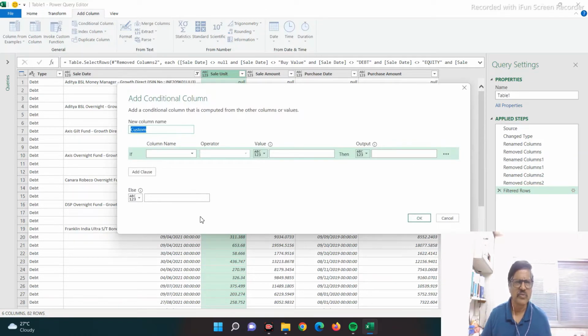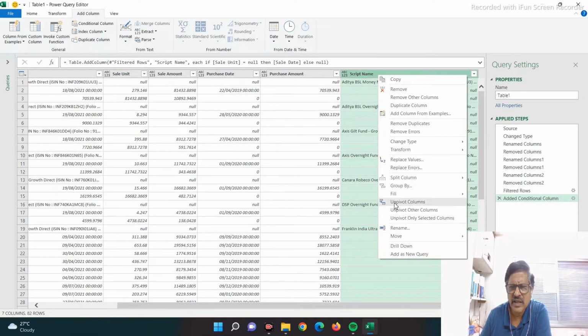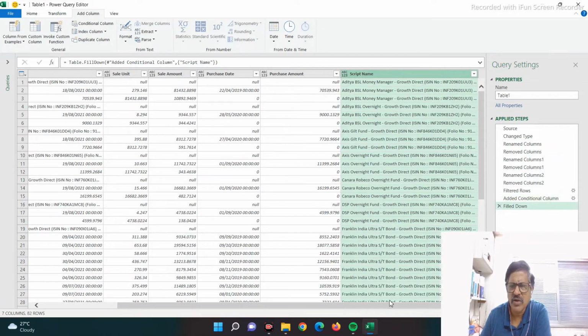and I'll give column name as script name, my column name sale unit equal to null. Then I want column to be sale date, otherwise null. Okay, so we got the script name. Now I'll right click and I'll say fill down. So all the columns will be copied, and now we need to